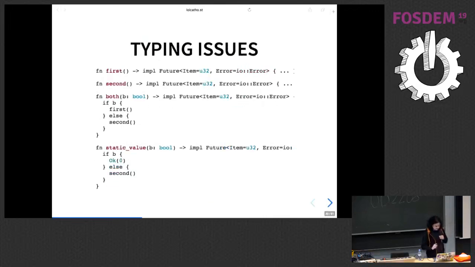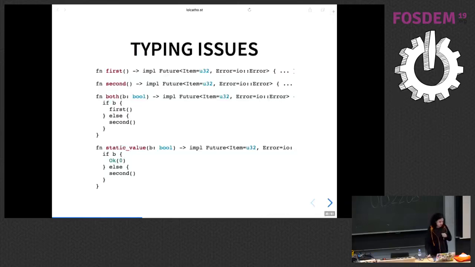And finally, the typing issues. If you know the impl Trait feature, it says, okay, instead of returning the entire type, I will say it's something that implements Future, and I let the compiler replace impl Future with the real type.